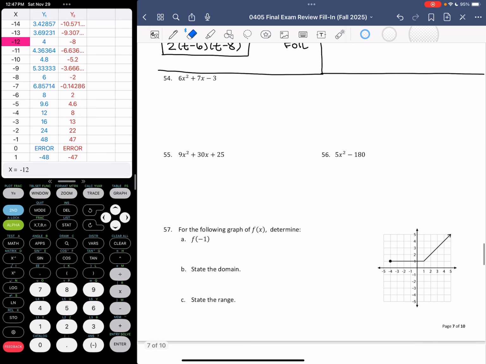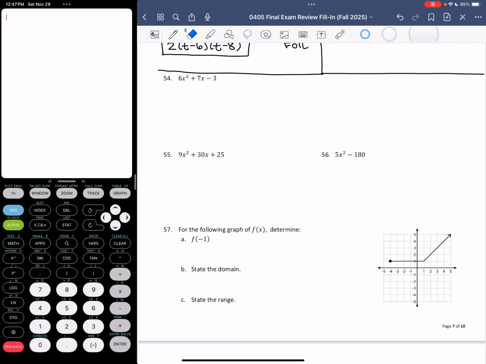All right, let's look at 54. All right. So on this one, look for a GCF. And in this case, number 1, GCF. There is not one. 6, 7, and 3 have no common factors. They don't all have an x, so we move on. Step 2, number of terms. We have 3,